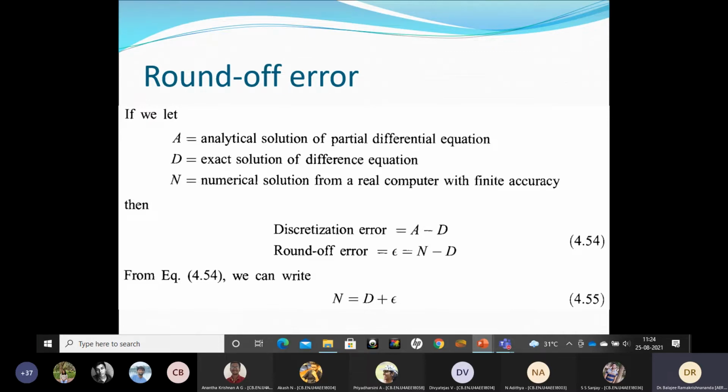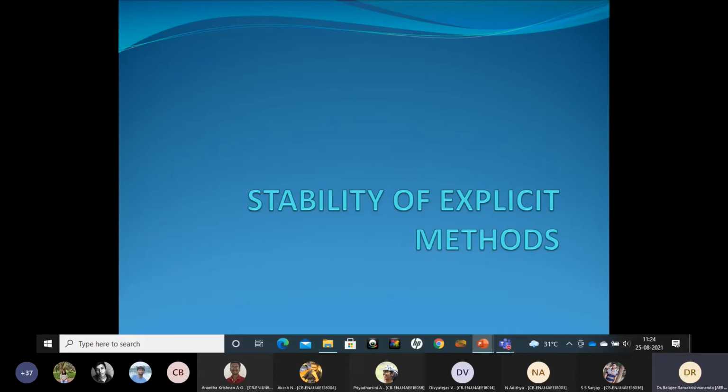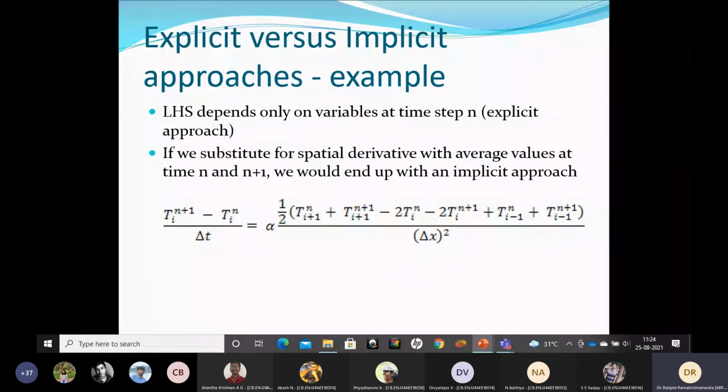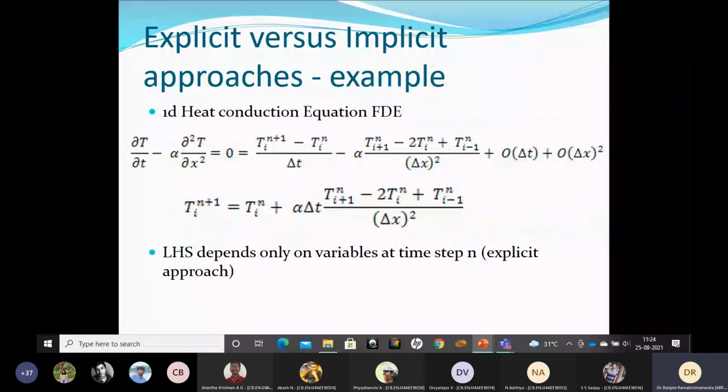now we say that we have converted the PDE to FDE. Already there is an error there, which is of the order of delta t and delta x squared shown here. Look at the first one. If you convert the PDE to FDE, you get this error, order of delta t and order of delta x squared. We live with that. We say, okay, I understand I am committing this error. At least give me an exact solution of this FDE. That's what we need. We have reduced our demand now.